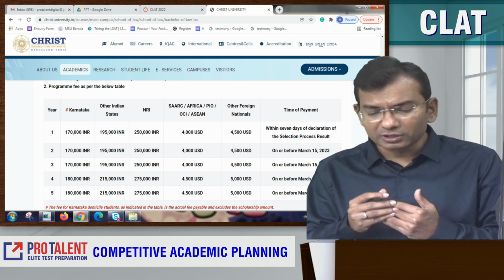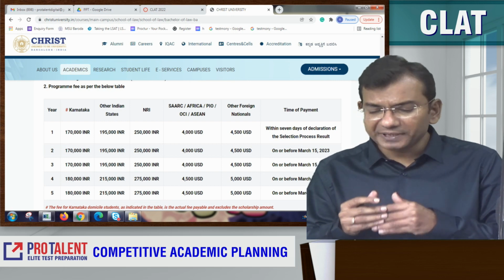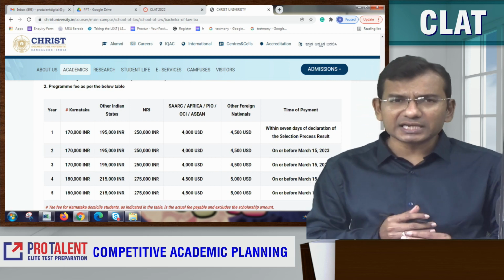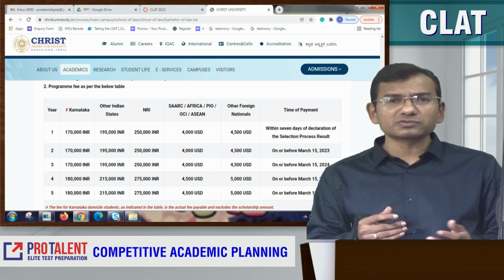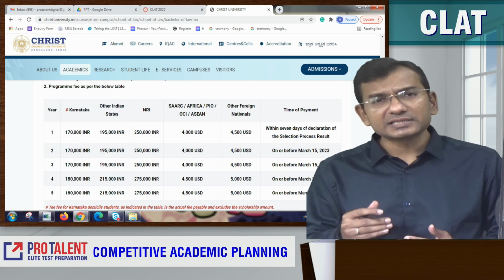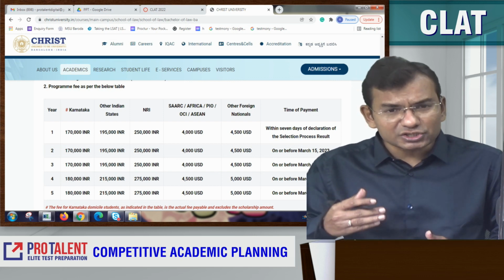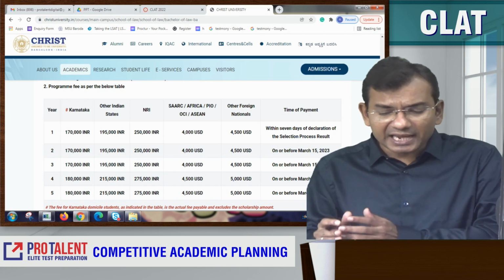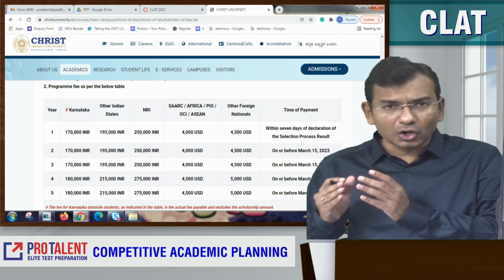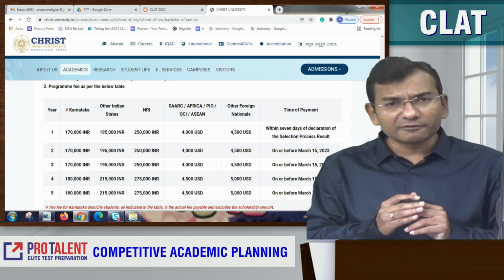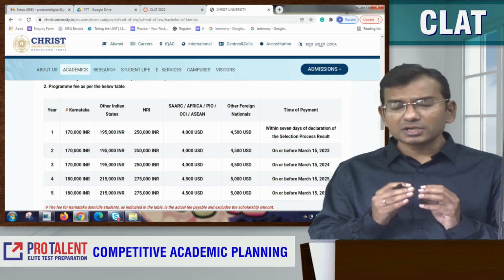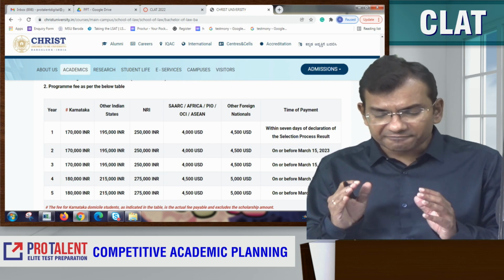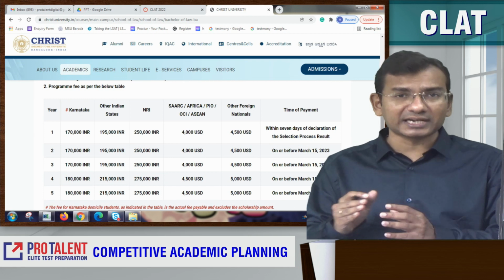For SAARC, Africa, PIO, OCI or ASEAN category students, it is 4,000 US dollars. For foreign nationals apart from those, it is 4,500 US dollars. This is the fee structure based on your category.